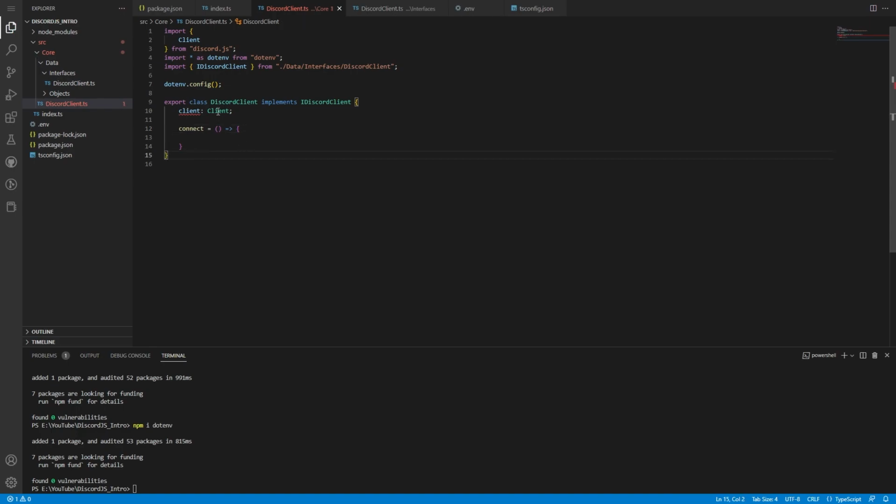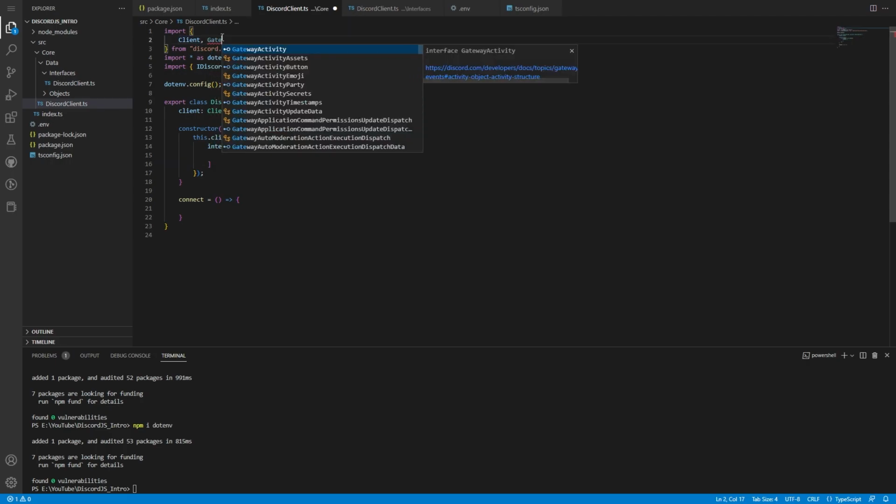Here, what we want to do is create a constructor. Since we're not taking any properties in, we're just going to open up the constructor. So we're going to say this.client equals a new client. A client from Discord.js expects an object of various things, but we are going to take intents. We're going to want to actually import this thing, gateway